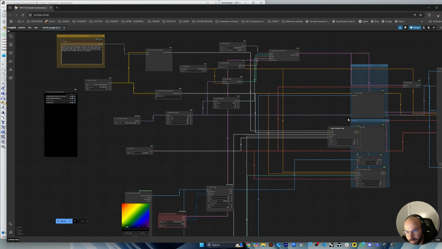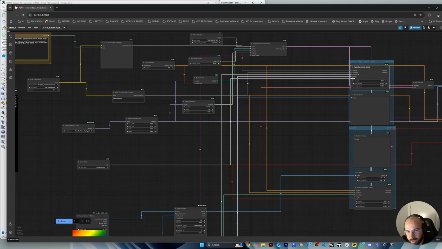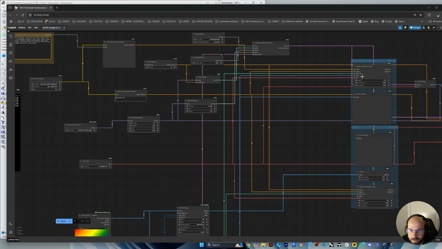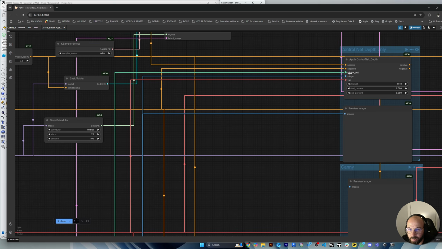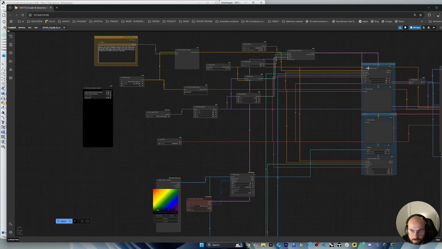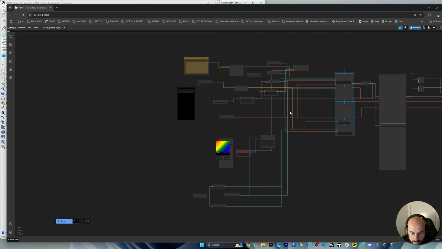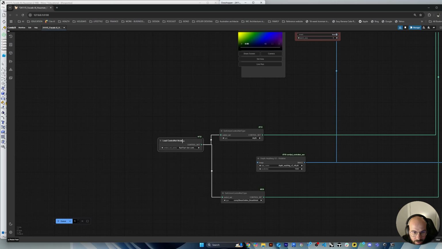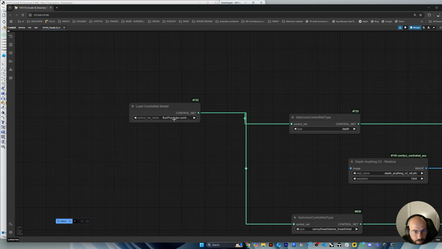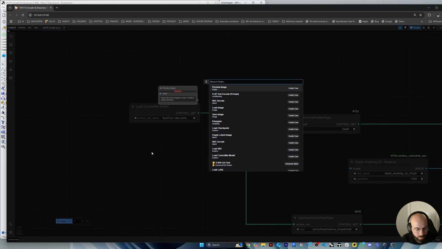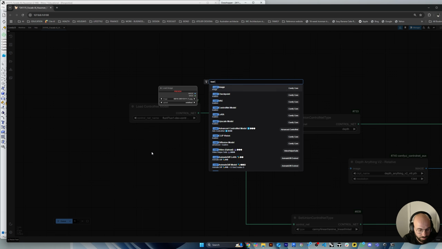Now the image that we see here is, so the other inputs here are controlNet, image, and VAE. So let's have a look at controlNet. If I follow this along all the way here, those are my controlNet. So I'm going to load a controlNet called union. Okay, so if I go load controlNet